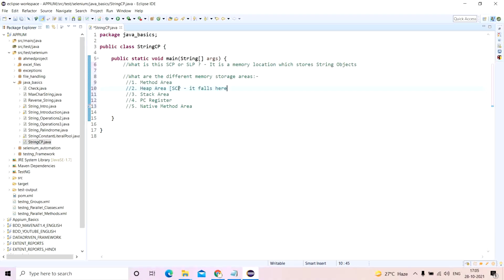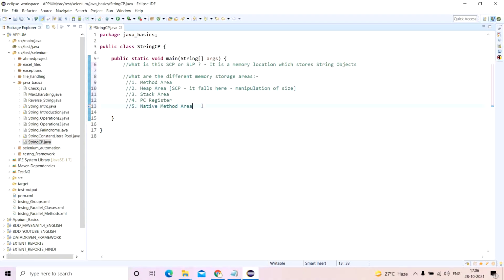That is why SCP is used as a memory location within the heap area. I'll explain this much better once we go into the coding side, and show you in a simple manner how the SCP or SLP area works in terms of memory allocation. So let's jump into it.